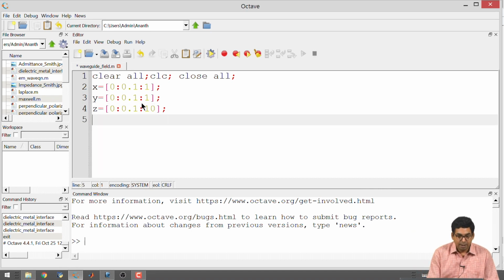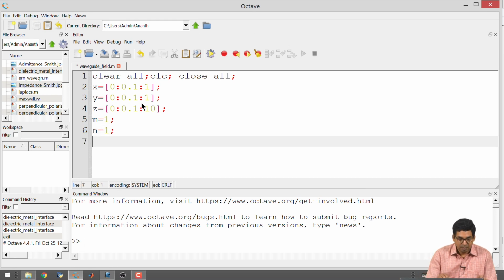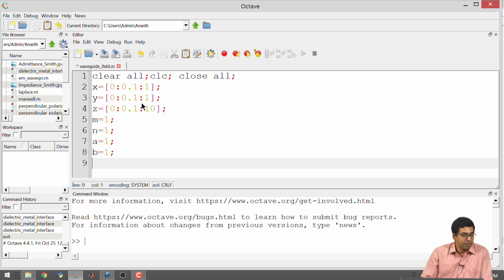And m and n were also present in your expression for the electric field z component. Now, I am going to start with something minimal, m equal to 1, n equal to 1. So, all unknown quantities I am just taking to be 1, right. Again, my formula had some value for a and b. So, a is equal to 1 according to the way I have taken x, b is also equal to 1, right. This is also present in my formula. I had n pi divided by a, all right. I am just going to take the formula and plug it in over here, and I am going to make all the other quantities equal to 1, that is all.